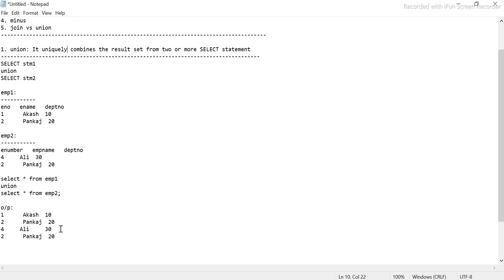So what is duplicate here, guys? You see these two Pankaj 20 records are duplicates, so it will only be considered once. So I will remove this. What will the resultant output be for this union operator? It will be only 3 rows, because the duplicate will be filtered out. So this is the output of the union operator.